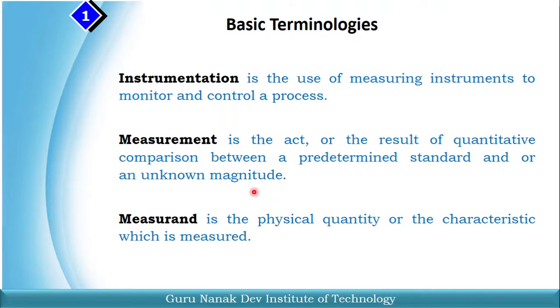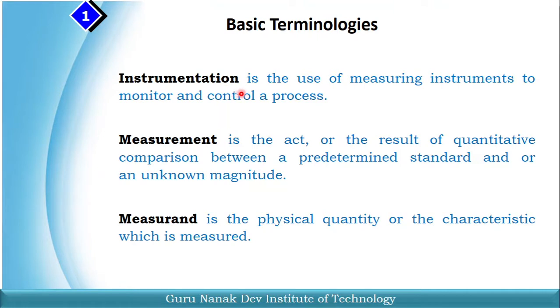Now what will happen? As time passes, the AC will cool down the room and finally the room temperature will come down to 25 degrees Celsius. This whole process is known as instrumentation, that is the use of measuring instrument to monitor and control a process. Finally, when both the temperatures become equal, the set value and the room temperature, your AC will go into standby mode. So this whole process is known as instrumentation.